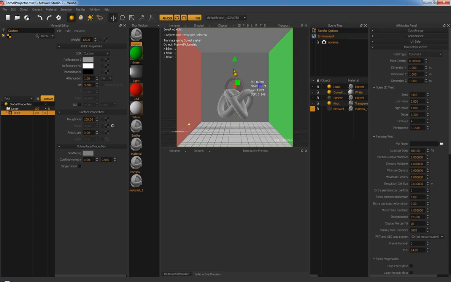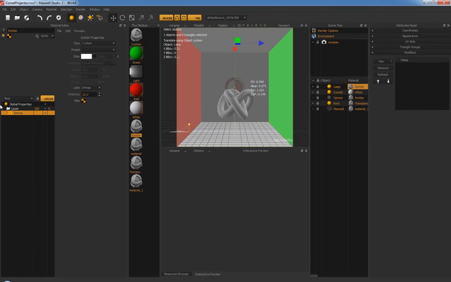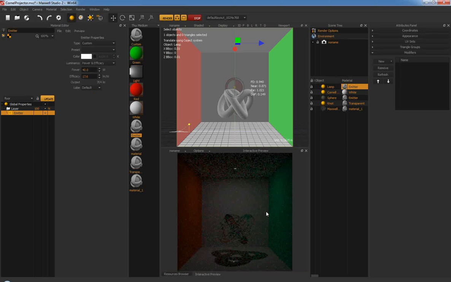Okay, so here's your typical Cornell scene, and I have a small emitter here at the top. It just has a regular emitter material applied to it. You can see here that under the lobe parameter, you can have it either set as default. Okay, so if I start a render,